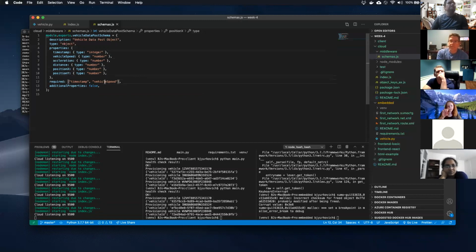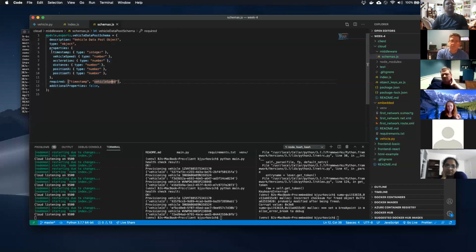So it says that I'm requiring the timestamp and the vehicle speed. What does it do about the acceleration, distance, position X, and position Y? Will it still keep those? It won't discard them, but it won't require them either. Correct.